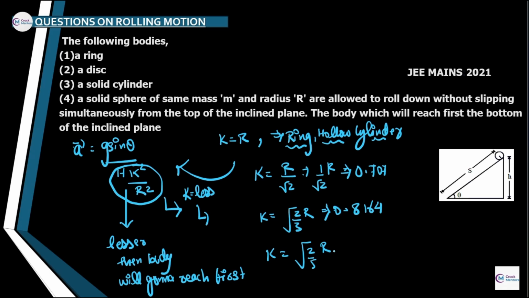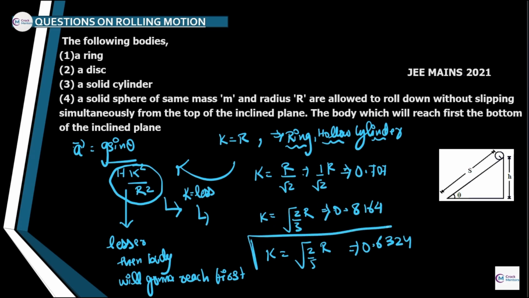Okay. And if I am talking about k, which is root 2 upon 5 R, then 2 divided by 5, 0.4, it has the lesser value, which equals 0.6324. What I'm trying to convey is that you don't have to use a calculator for preparation for your JEE Mains and JEE Advanced as well, because they are testing your calculation capabilities. So don't use a calculator while calculating this kind of problem. This is my personal recommendation.